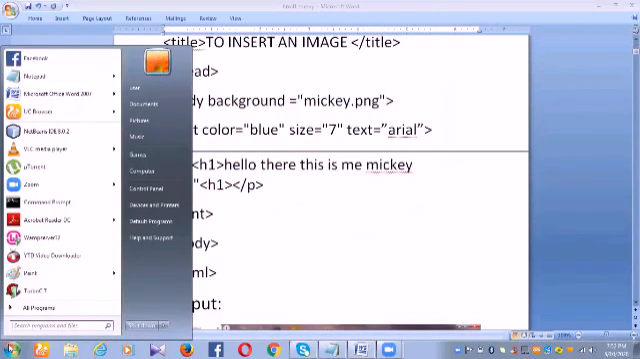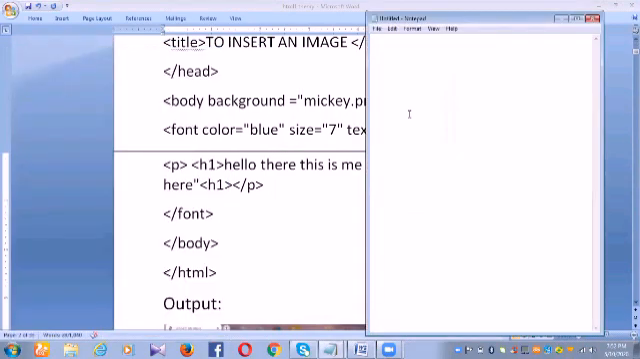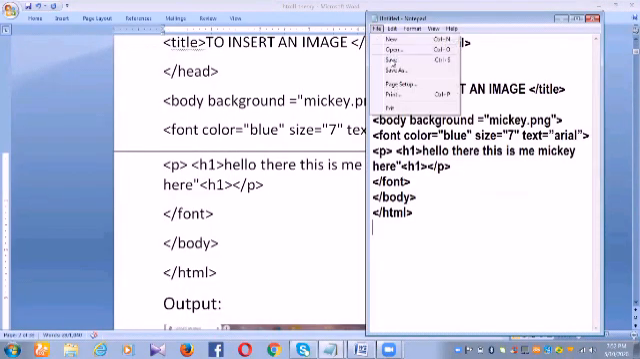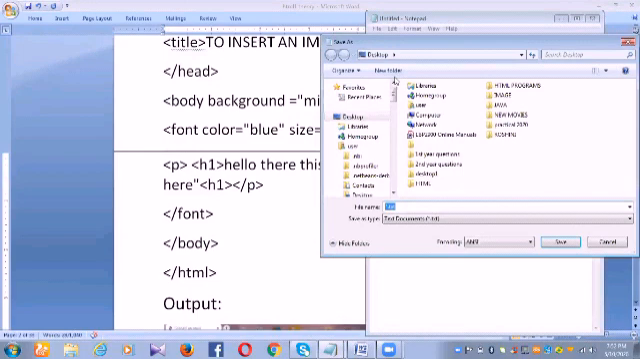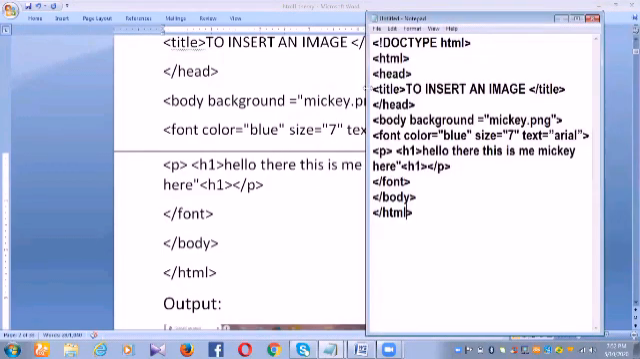Let me copy the code for you and paste it here in the notepad. Let me save it first as mg.html. Here is the body tag. As I said, background is an attribute of the body tag, so it should be written at the start of the tag only. An attribute is always mentioned in the start tag only. Hope you remember it. So in body, we mention background is equal to